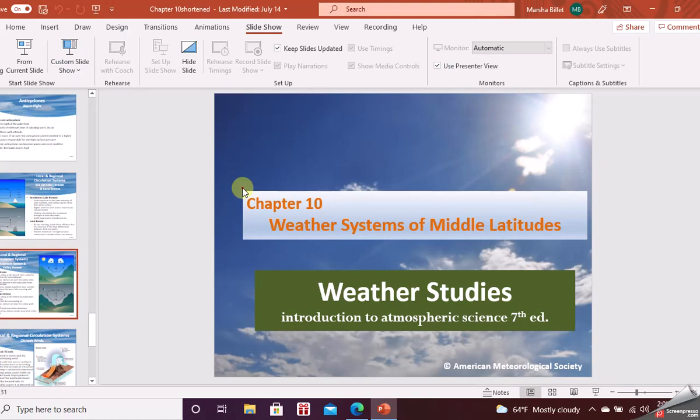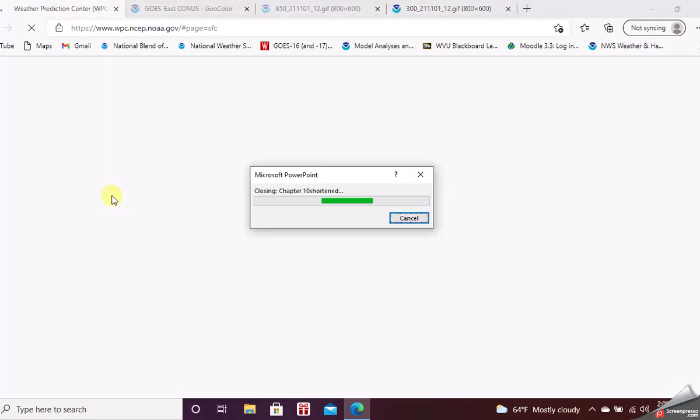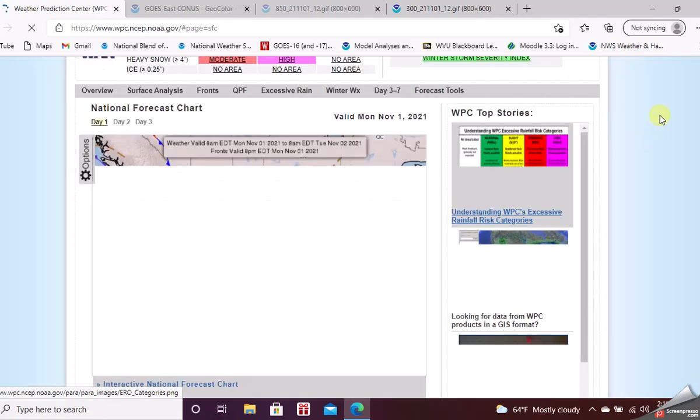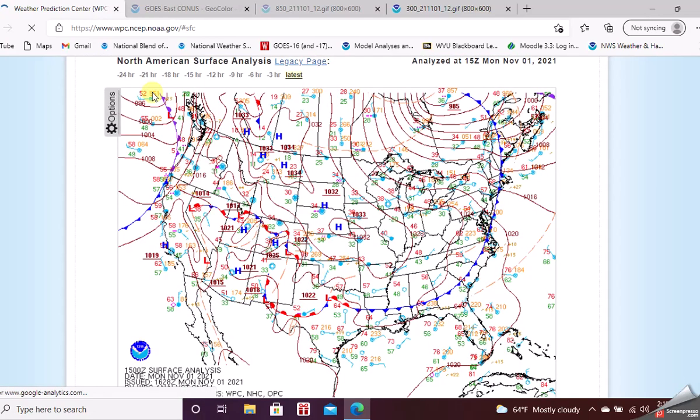So I just wanted to show you one quick thing here. This is currently where we get it back here. Well, it's going to take a minute to come back. But what I wanted to show you is where the fronts were at this time. And these fronts, notice there's not many fronts.